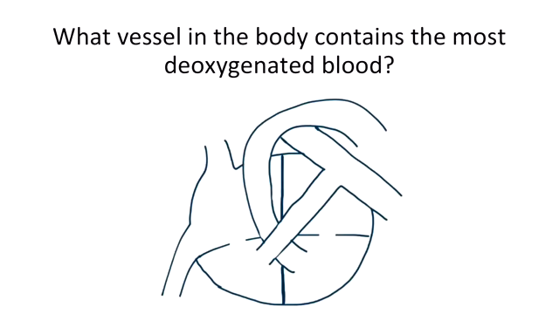Okay, here's another question. What vessel in the body contains the most deoxygenated blood? This is the coronary sinus. Remember, the coronary sinus is the large vein in the posterior part of the heart. I'll draw it in on the diagram here. Some of you may have thought that the pulmonary artery contains the most deoxygenated blood, which is a good thought, but it's not true. The heart actually extracts more oxygen from red blood cells compared to other tissues because heart